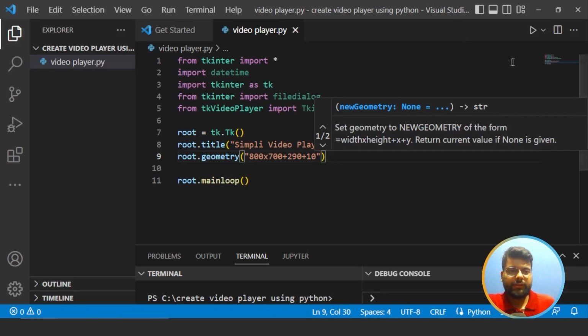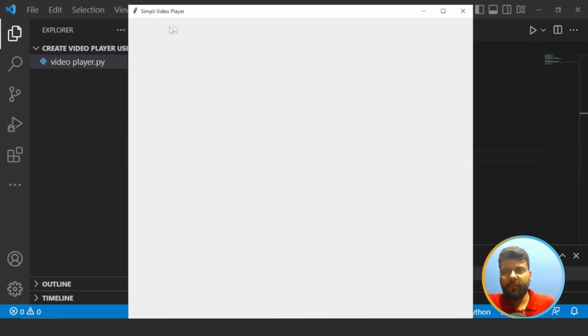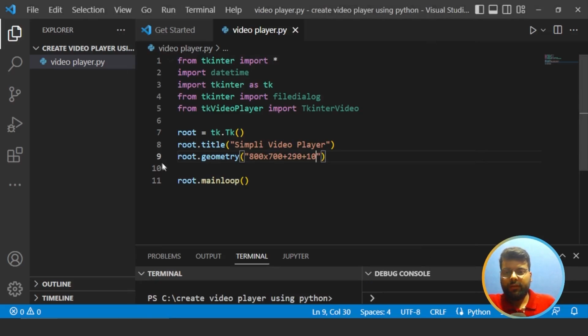So we will save this and run the program. You can see that we have set the width as 800 and height as 700, and 290 pixels on the x-axis, we have shifted it from 0 to here, that is 290, and 10 from above, that is on the y-axis. And we can see that it has changed the name, it's now simply video player. So we have changed the title of our Tkinter window. So moving on,